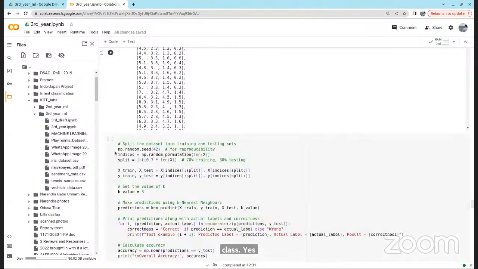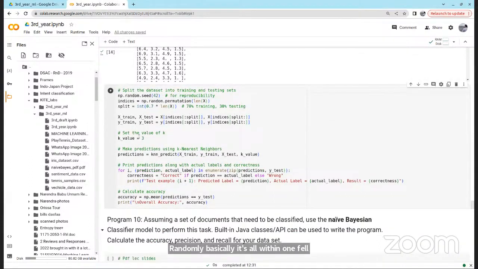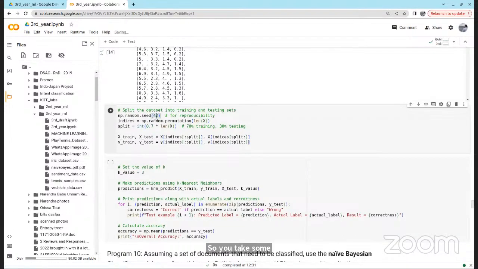And now you take randomly, basically it's all within one file, right? You have to split the data set into training and testing sets. So how will you do it? You take some randomly, let's say 150. You take indices.